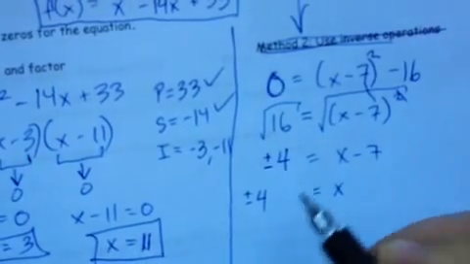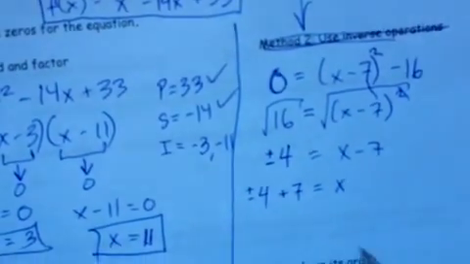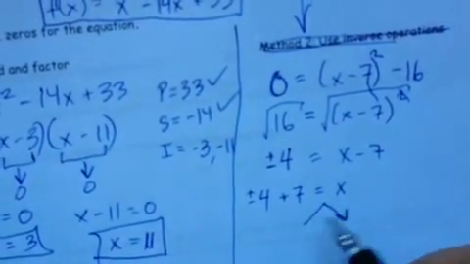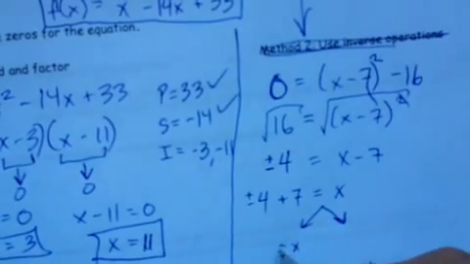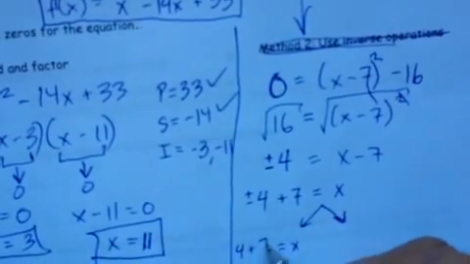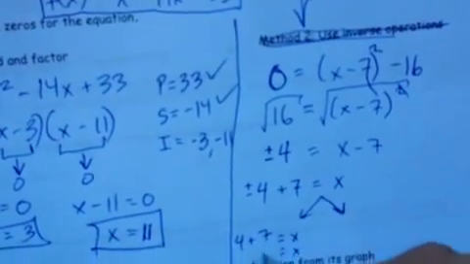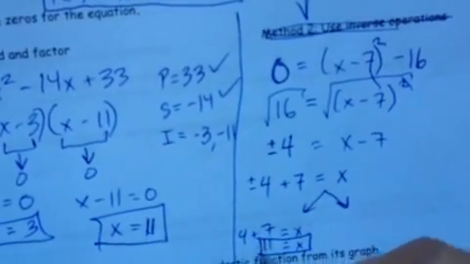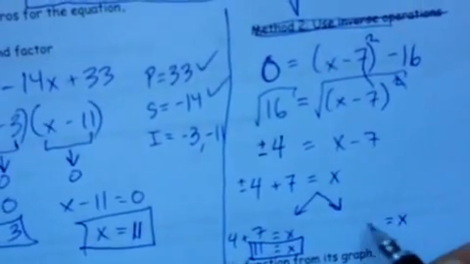And if I bring this 7 over, plus 7, you'll have to split this up into two different answers. You're going to have x equals positive 4 plus 7, and so you'll get 11. Or you'll have x equals negative 4